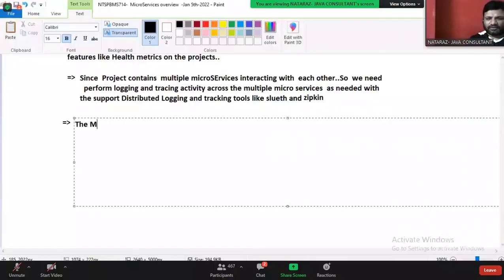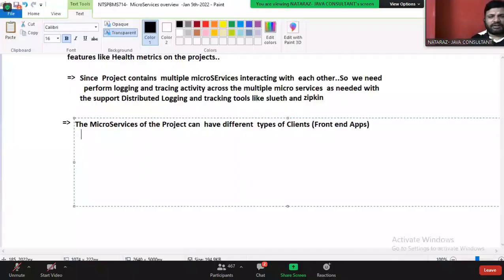The microservices of the project can have different types of clients, nothing but front end applications. What are they, guys?